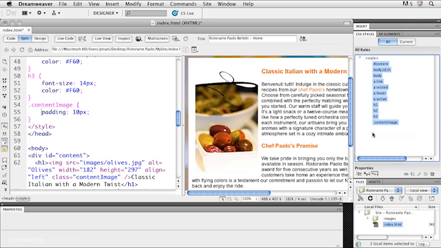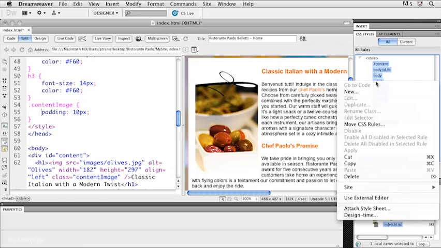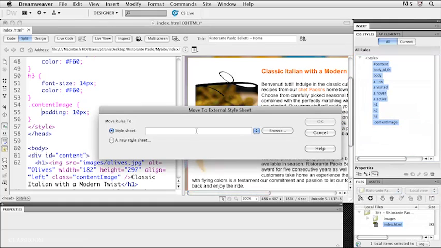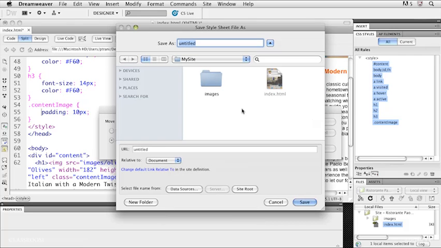I can select them all and do a right click or control click if you're on a Mac, and then I want you to select Move CSS Rules. Sounds pretty good to me. Let's move them to a new style sheet. So select a new style sheet, click OK, and now I can save it out. And I'm going to save it out as Paulo